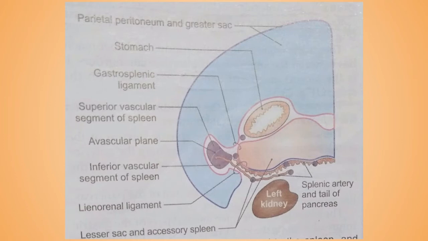Now also there is one phrenicocolic ligament. It is not basically attached to the spleen but supports the anterior end of the spleen. It is a horizontal fold of the peritoneum extending from the splenic flexure of the colon to the diaphragm opposite the 11th rib in the mid-axillary line. It basically limits the upper end of the left paracolic gutter. It is also known as the sustentaculum lienis.